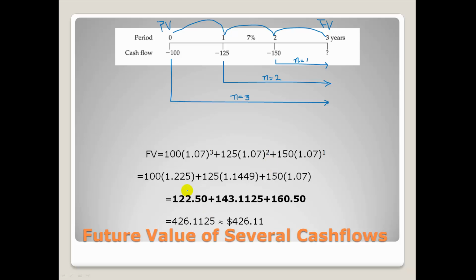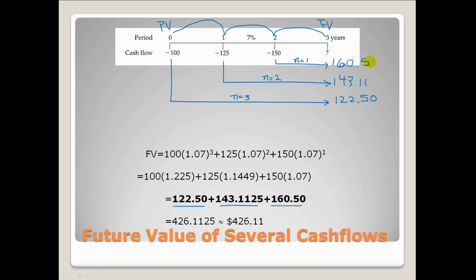All right, so we just looked at the formula in the previous slide, so I won't go over that again, but for the analysis of the $100, we end up with 122.50 when we apply the formula. And then when we analyze the 125 with N equals 2, we end up with 143.11. And then when we analyze the 150 for just 1 year, it's only going to receive interest for 1 year, we end up with